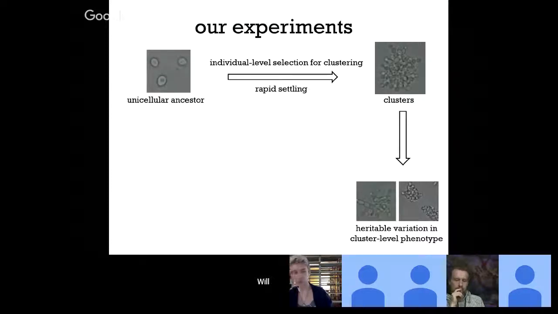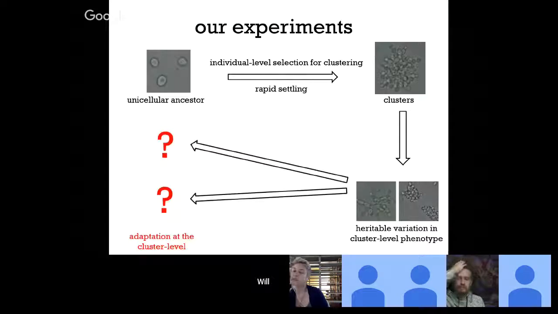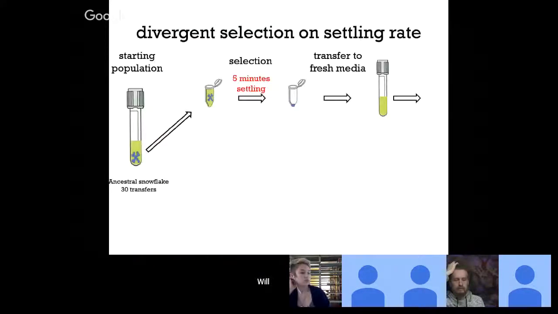We've actually measured this variation for group size directly, and it's 0.84, which is really high. That's about as high as Daphnia's broad sense heritability. So then the question is, can selection act on those group level traits? And will they respond via group level adaptation? So to get at that, we did what's known as a divergent selection experiment,